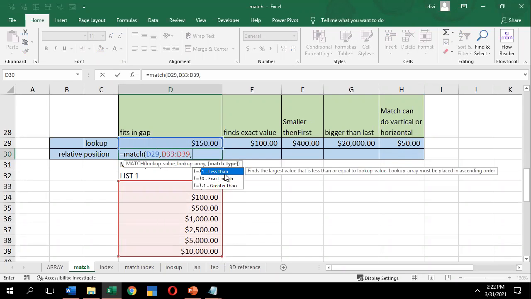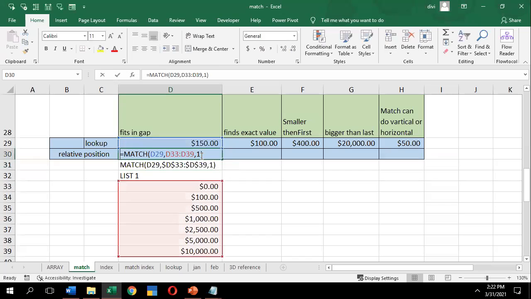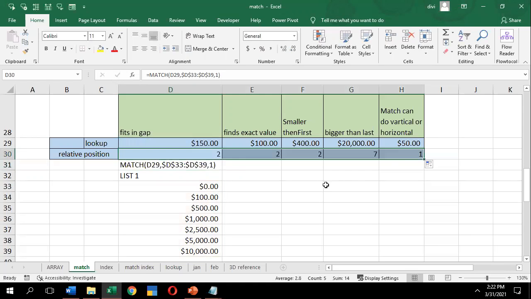Do I want lesser than or greater than? Right now I'm going to show lesser than. You can see that my criteria has been arranged from least to highest, ascending, lowest to greatest. So you have to select the match type, which is also lesser than. What is the lesser than value? It's 1. Close the parenthesis, enter, and convert into the absolute method. The shortcut key for converting to absolute is F4. Click on enter, select your reference, drag and drop.